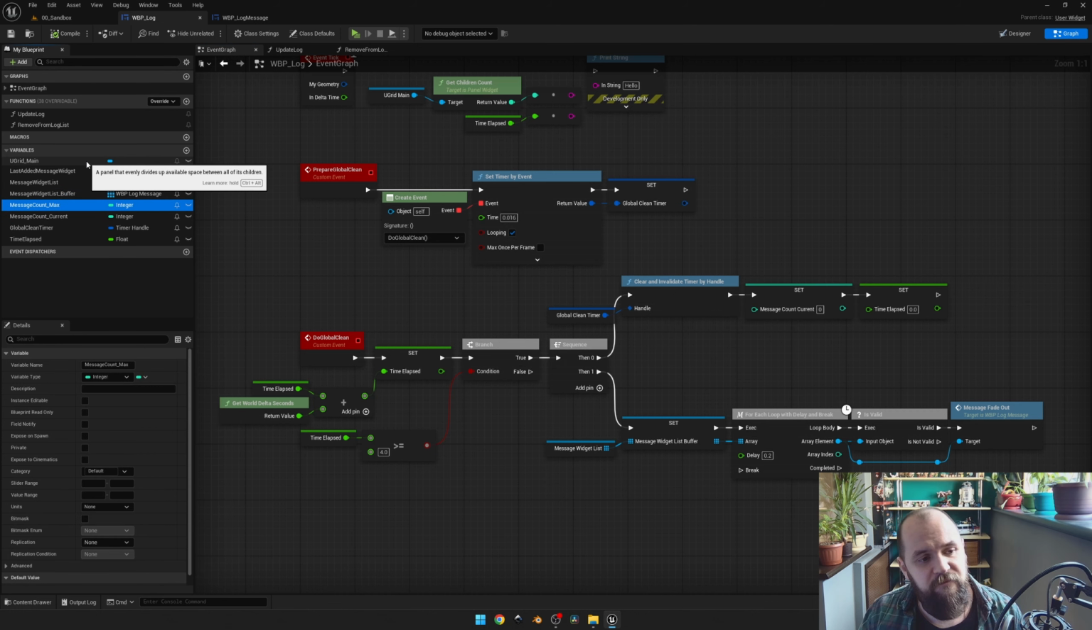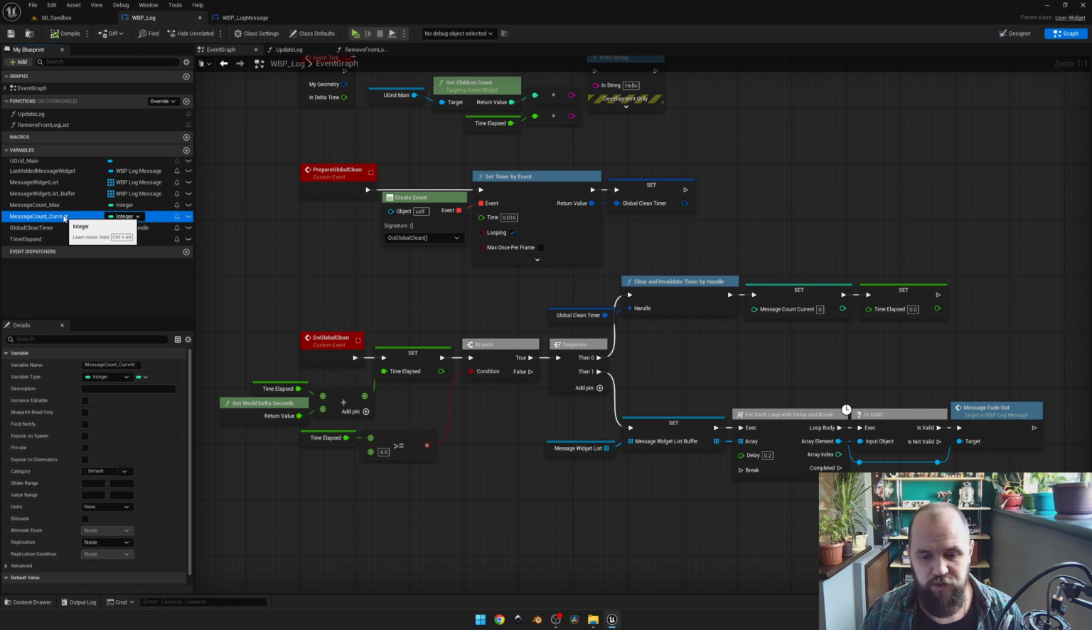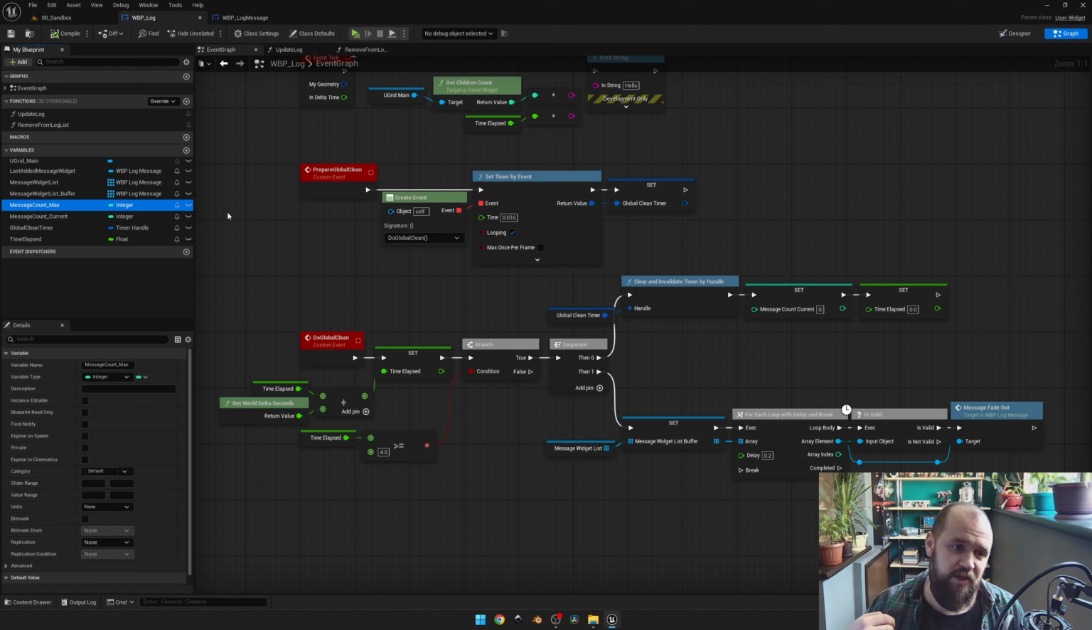Also, I have two integers: the message count current, which is how many child messages we have on our screen, and the maximum count. Basically, if our current equals our maximum, or is higher, we need to delete the first one and add the new one at the bottom of our